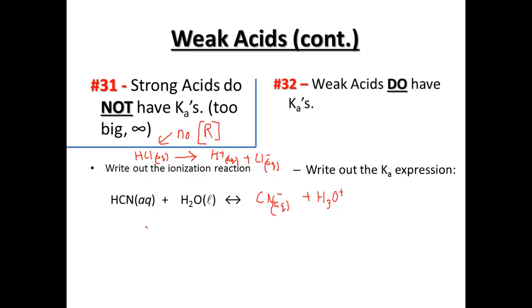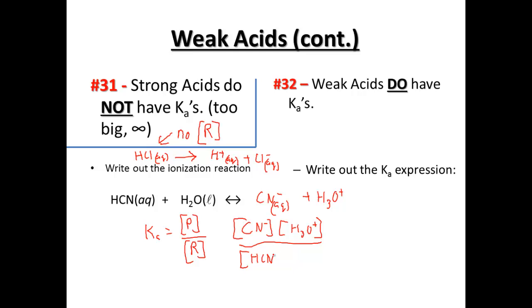So our expression Ka is going to be the concentration of the products over the concentration of the reactants. So our products, the concentration of the cyanide ion and the concentration of the H3O positive ion, all over the concentration of HCN,